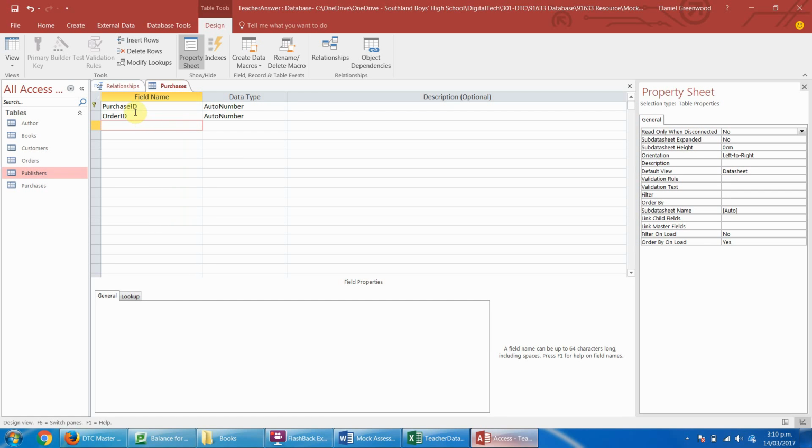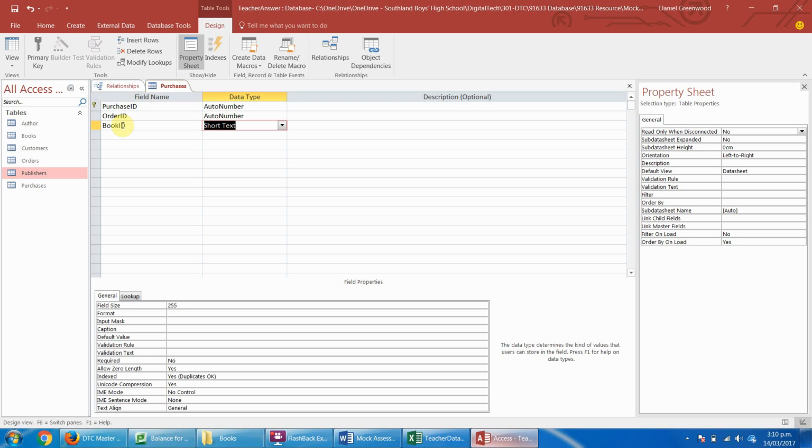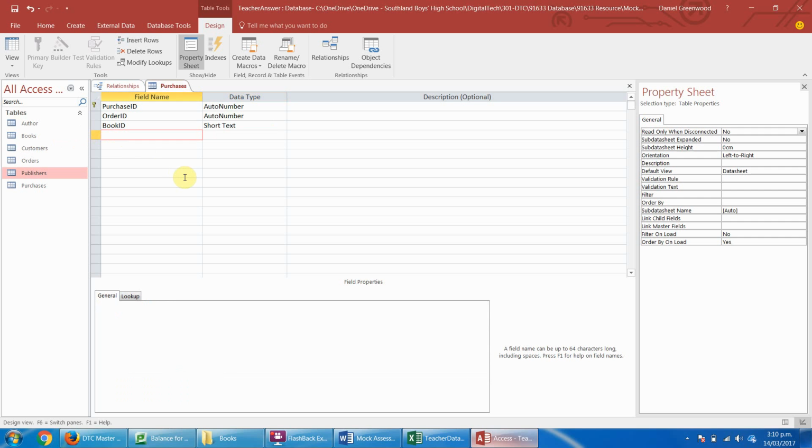Right, so from there we've got the order. Essentially what we need to know is the book ID, which is going to be a short text because the book there is the ISBN number. And then what else do we need? Well, the only other thing I might want is what happens if I want to order more than one book at a time. So I'll put in a quantity,